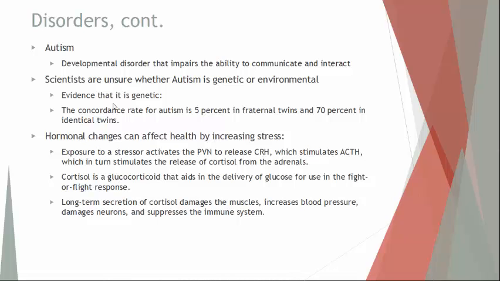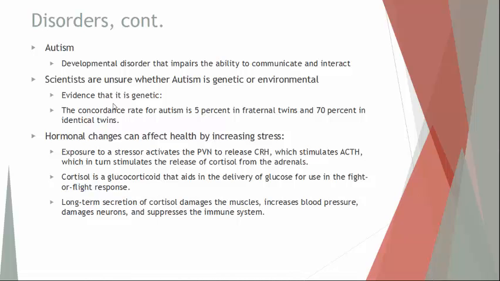Now, scientists are really unsure whether autism is either genetically caused or is it environmental. There is some evidence that it is genetic. There have been some key genetic mutations that have been shown to lead to autism. Some more examples: the prevalence that autism occurs with twins, whether it be identical versus fraternal, is very different. If one fraternal twin has it, it's not a real big chance, or not that much more of an increase, that the other twin will.